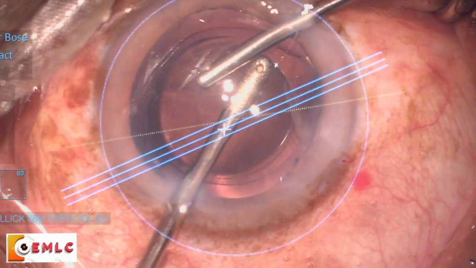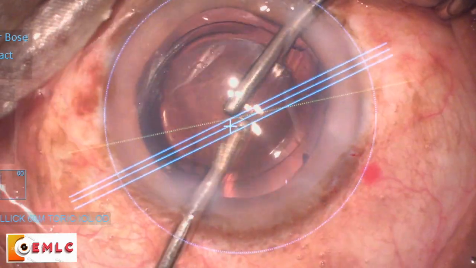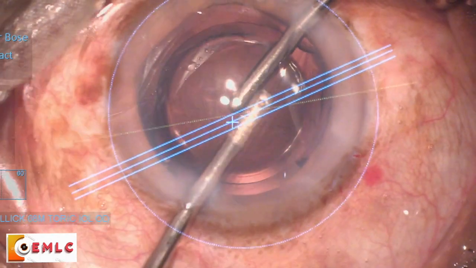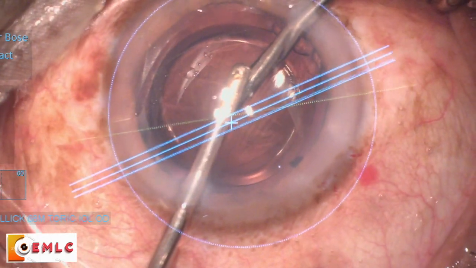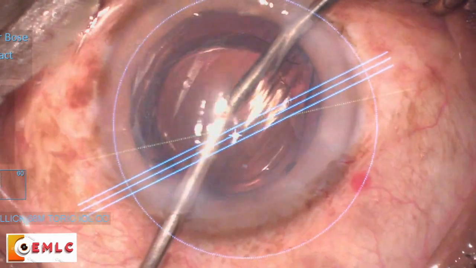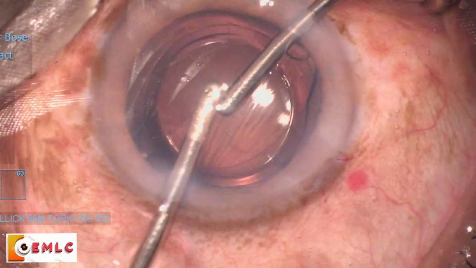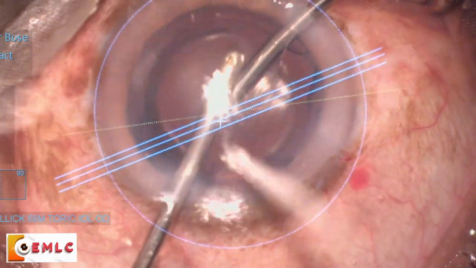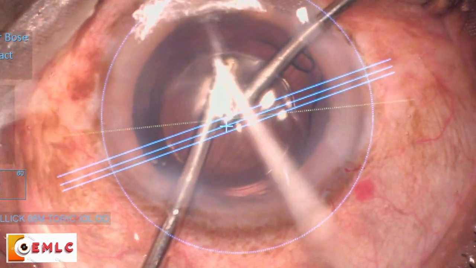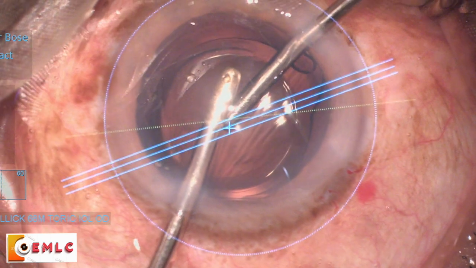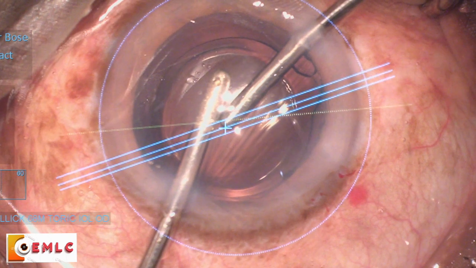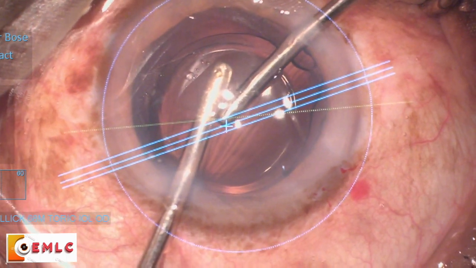I injected viscoelastic, then tried to take out much of the viscoelastic that is there in the anterior chamber, because during the process of manipulation, as you try to take it out, many times it so happens that the optic capture that you do with the anterior capsular edge tends to come out. So it's good if you can release your speculum a bit. You can make the anterior chamber deep, remove all the viscoelastic first, and then gently tap the edges of the optic to capture the optic under the anterior capsular edge. That's a very, very good thing to do.